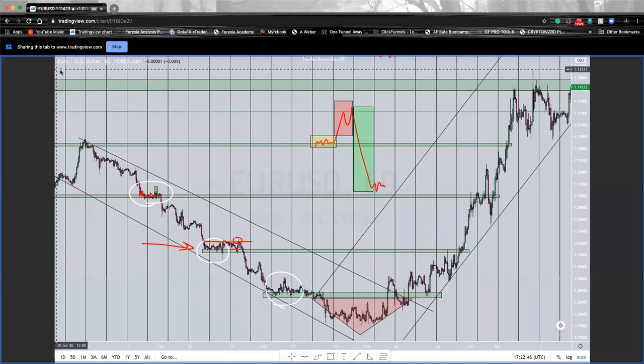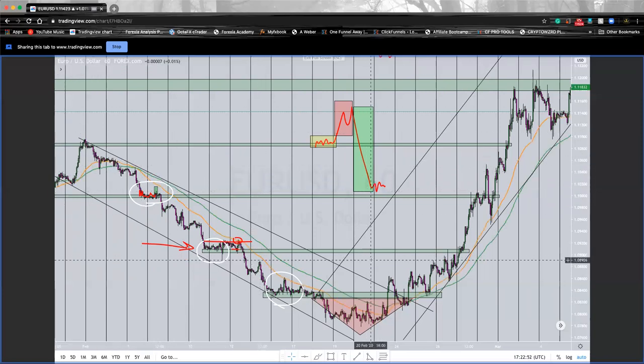Okay, so EMA cross and retest is basically when we use two moving averages only, and any period of moving average works. However, I'm going to suggest you use 50 and 100 moving averages. The orange one is 50 and the green one is 100. By the way, at Forexia, we stand for naked trading.